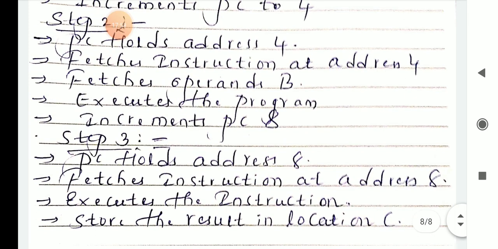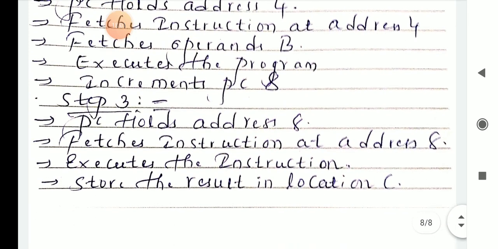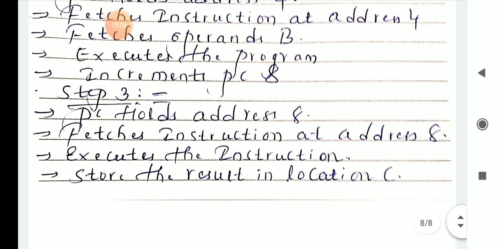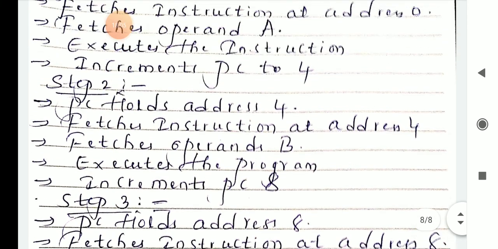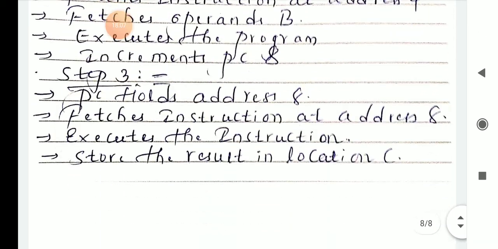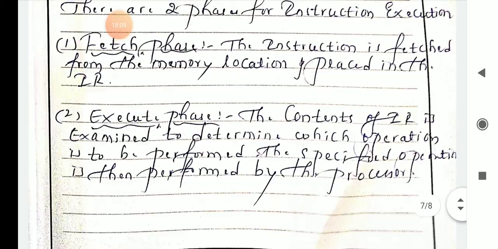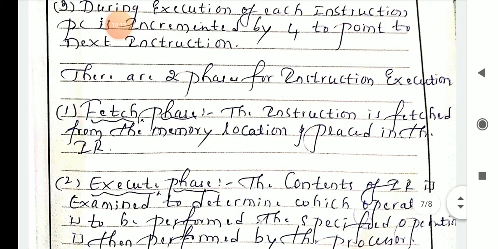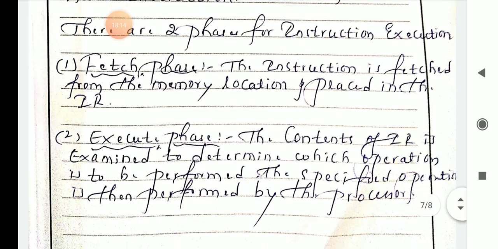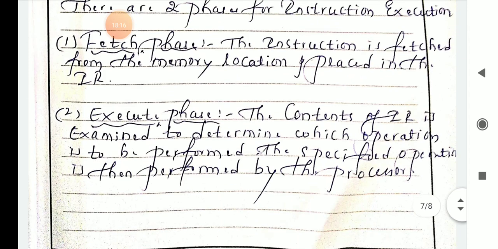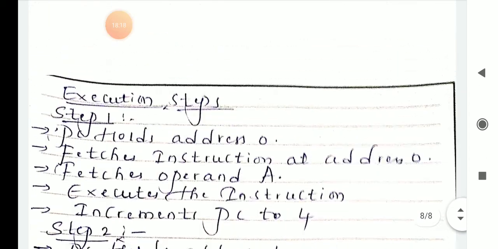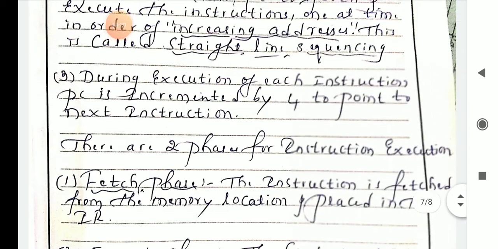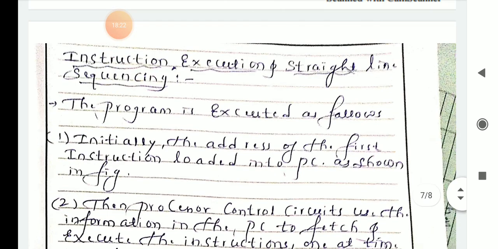And step 3, PC holds the address 8, fetches the instruction at address 8, executes the instruction and stores the result in location C. Okay, so these are the steps of instruction execution, the fetch phase and the execution phase. So whatever you have studied here, you have to write it as execution steps.